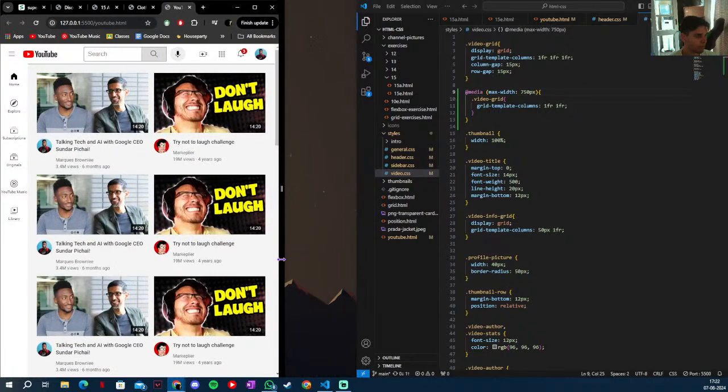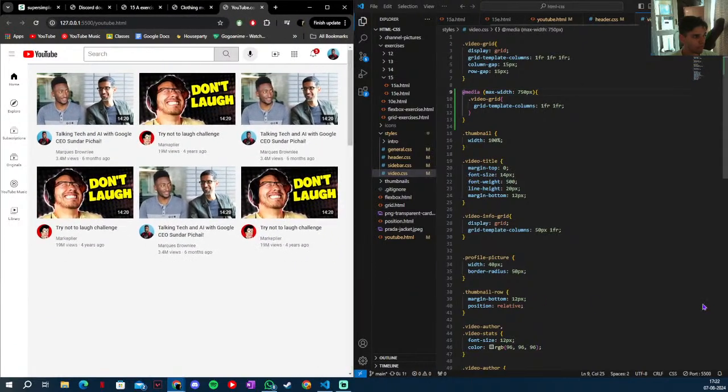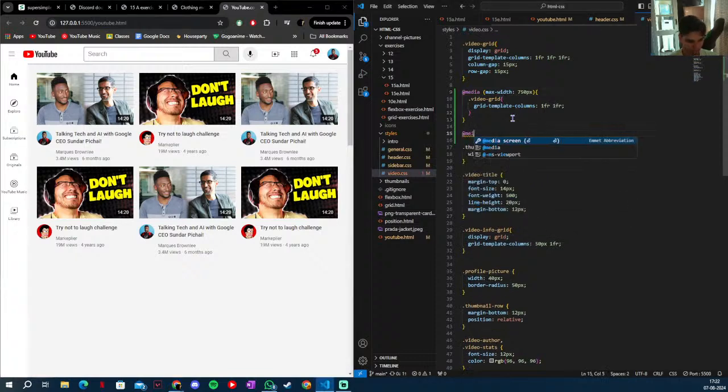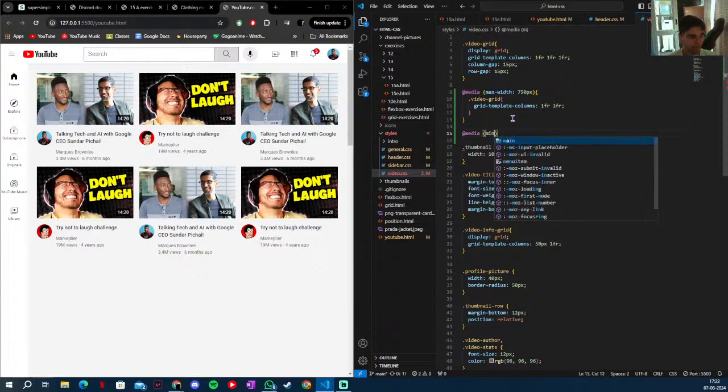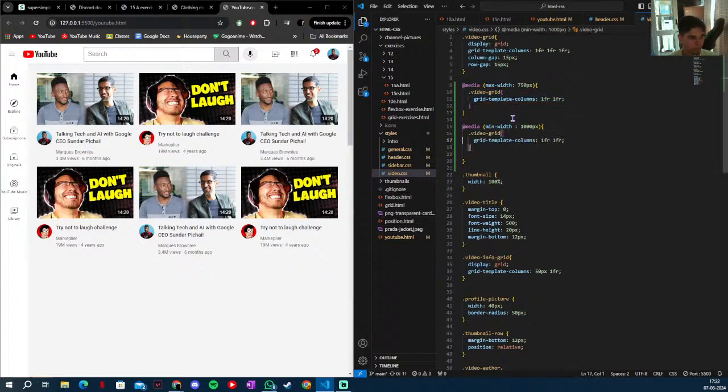Let's do another example. We're going to have 4 videos per row when our screen size gets really big. So let's set another @media, and this time we're going to set a minimum width of maybe 1000 pixels. And then inside here, we're going to copy this and paste it here. We're going to change grid template columns to 4 columns. So 1fr, 1fr. Now we save it, and we resize the browser at 1000 pixels, it's going to become 4 videos per